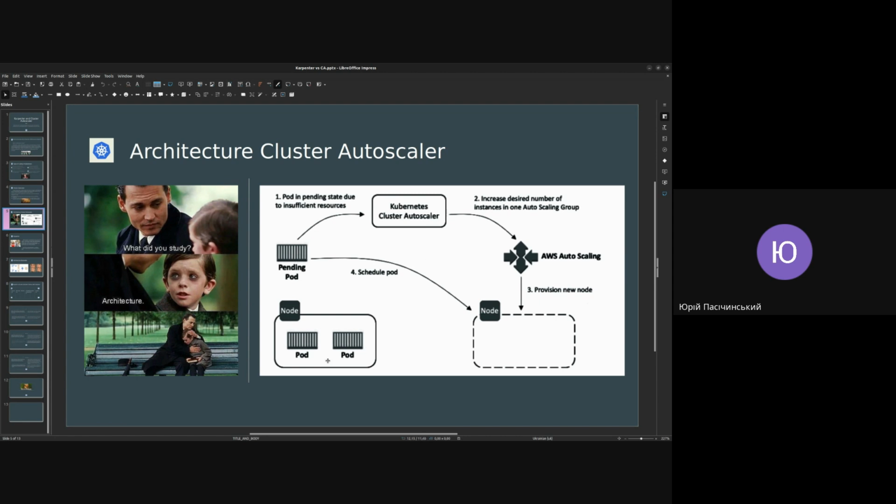For example, this node is full, and Cluster Autoscaler takes this pod to another node. Cluster Autoscaler creates a new big node, and AWS Autoscaler takes this pod and puts it on the new node. Okay, the Cluster Autoscaler is typically installed as a deployment on your cluster. It's an old solution for scaling our cluster, but for that moment,